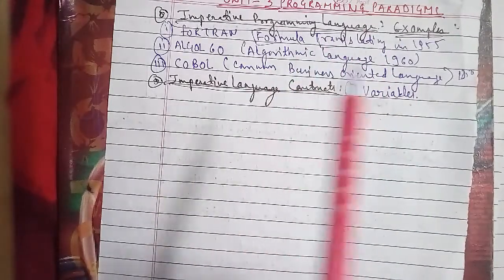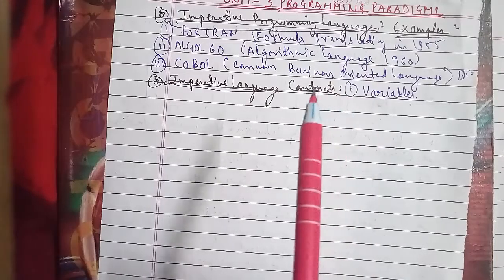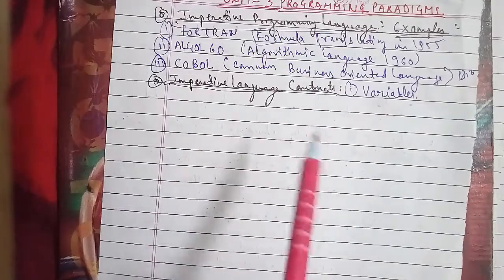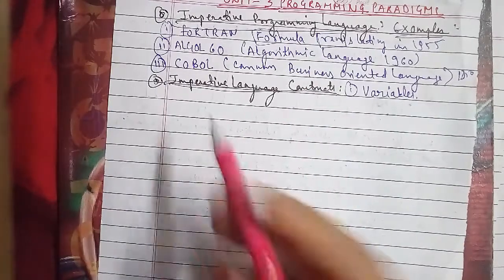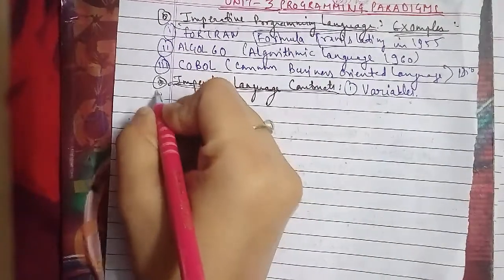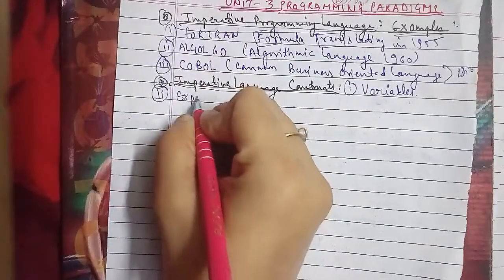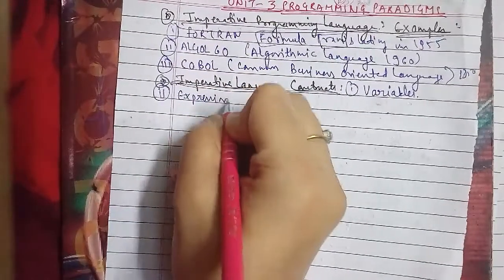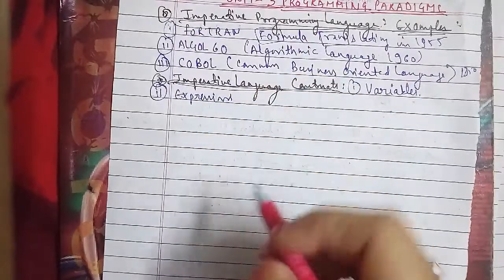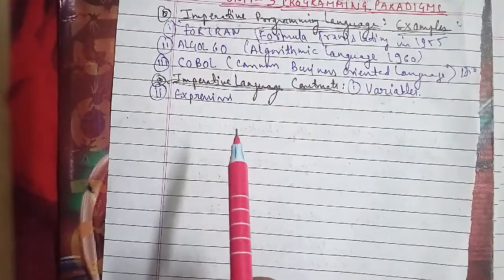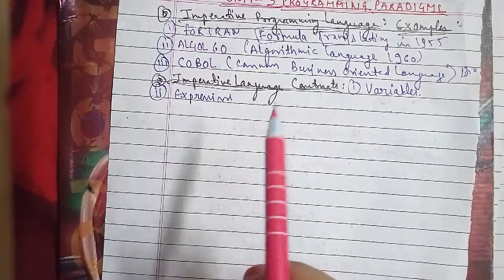Now we'll talk about the third one, which is your explicit specification of control flow. In this, most imperative programming languages provide a jump statement, goto, which can be translated directly